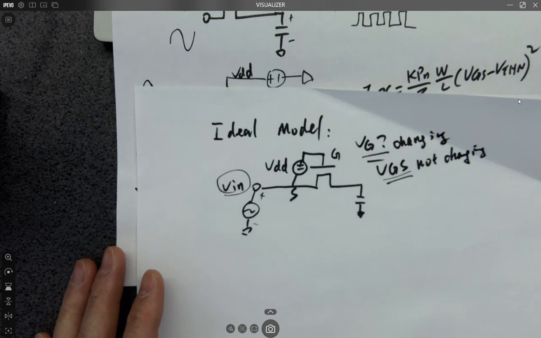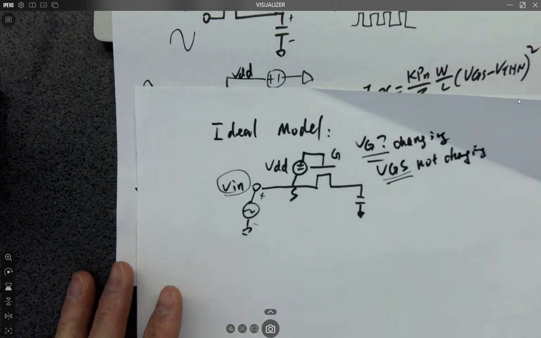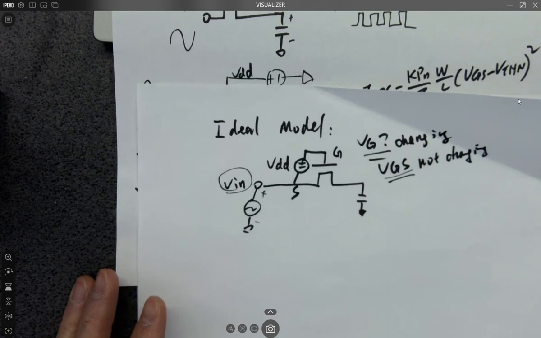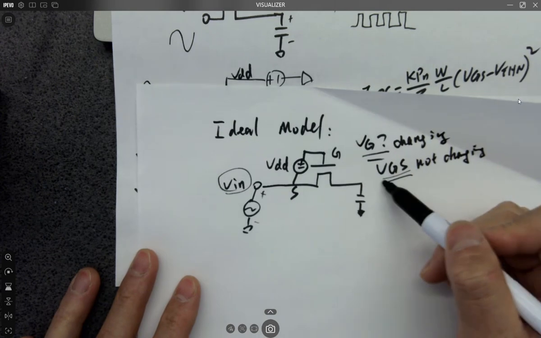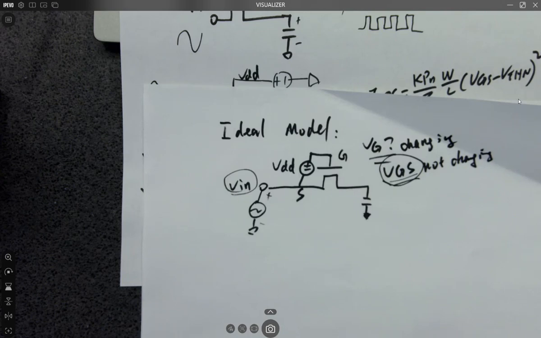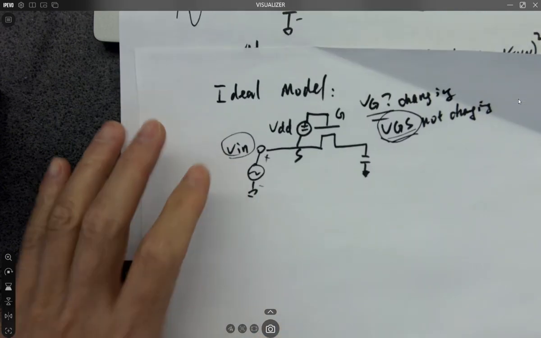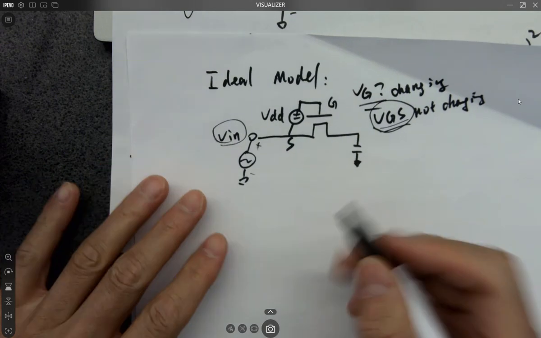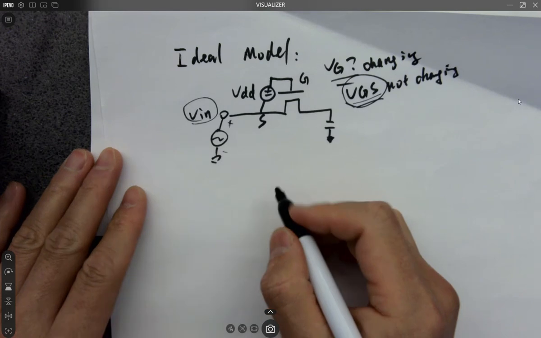So the square law equation, and there's another equation we didn't discuss, which is the channel resistance, was derived from the square law equation, right? So it's all depending on VGS. VGS not changing, these parameters are not changing. So how do we implement this circuit? We can design switches, and we know how to design switches just using transistors. So if you can design a circuit like this,